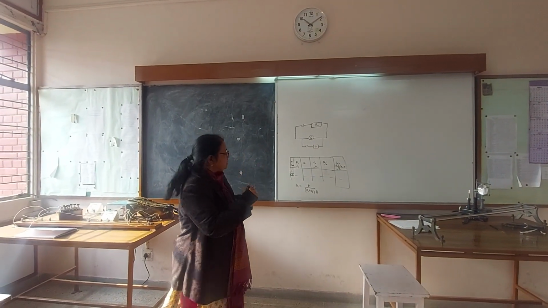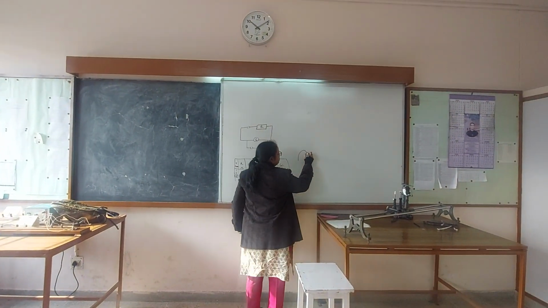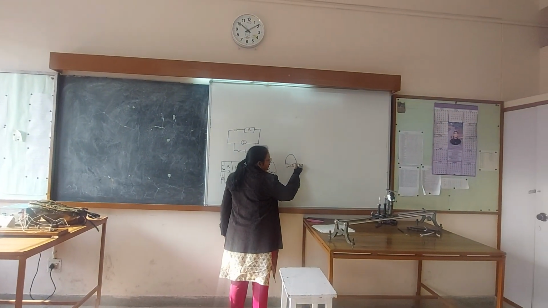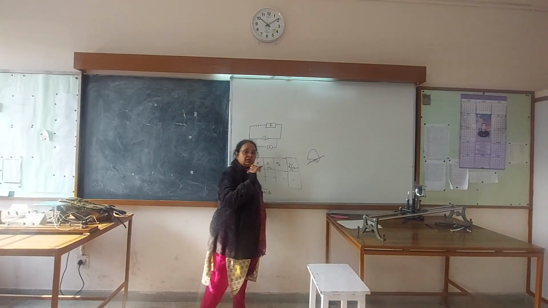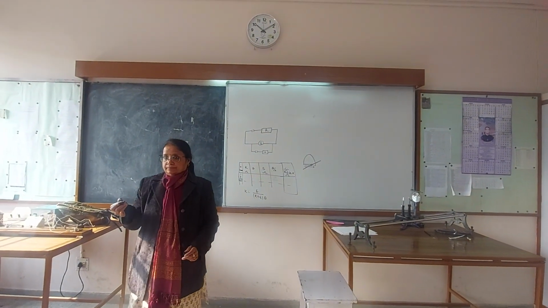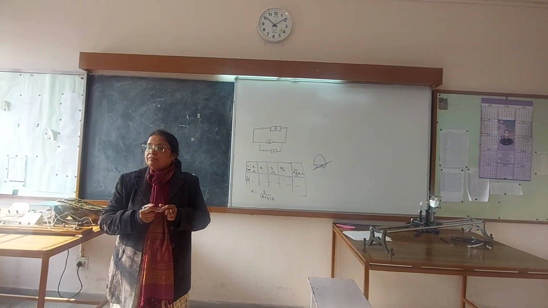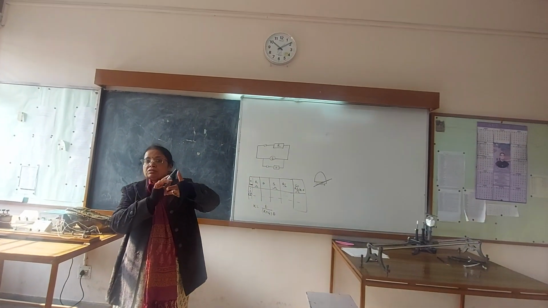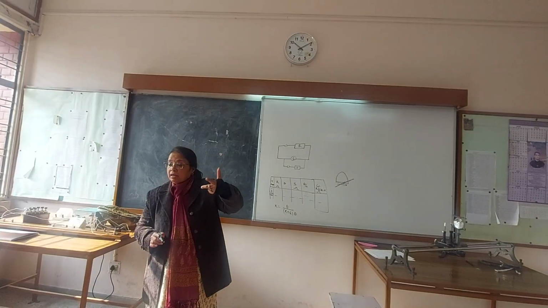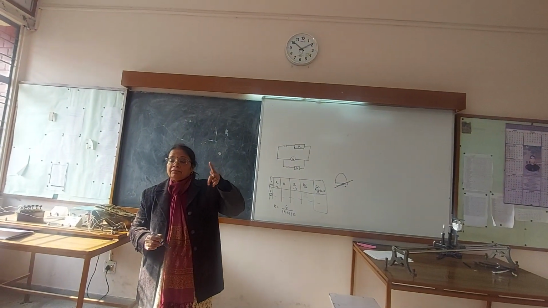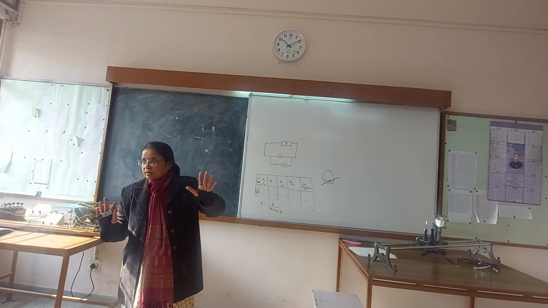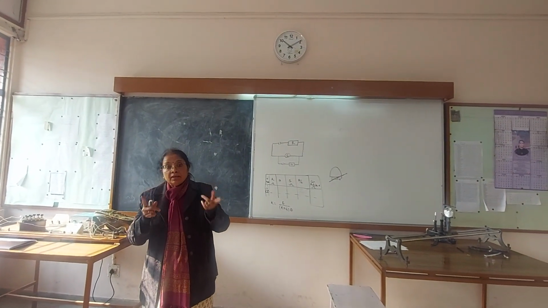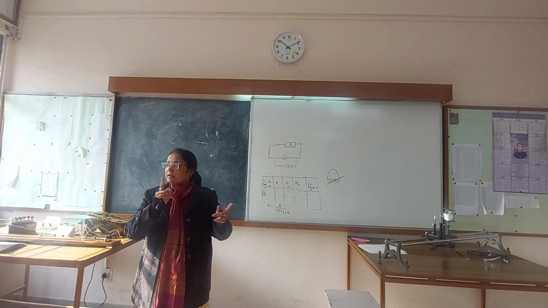If these are the poles, like this, the direction of the field is here. So that's why the entire wire which is placed perpendicular to it is through that field. Okay, and then with the help of Fleming's left hand rule, you can find out the direction of force, and because of this force the wire is now vibrating. Now it should only get deflected in one direction ideally, but it's vibrating, going up and down. Do you know the reason why? Because we are giving AC, and AC has reversal of cycle.